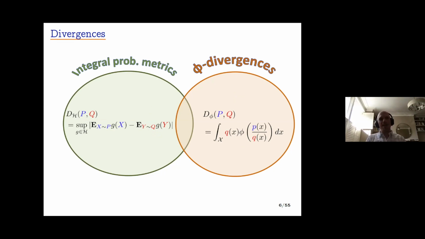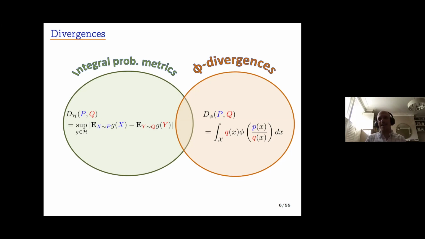Now, on the left-hand side, this difference in distributions gives rise to the integral probability metrics. So here I want to witness the difference in distributions. I look for a function, g, in some category of functions, calligraphic H, that maximizes the difference in expectations under P and Q. So H is going to be well behaved in some sense to be specified, and the functions in this H witness the difference in P and Q. So if P is equal to Q, then whatever function I choose to witness the difference, this difference will be 0. So these are the integral probability metrics.